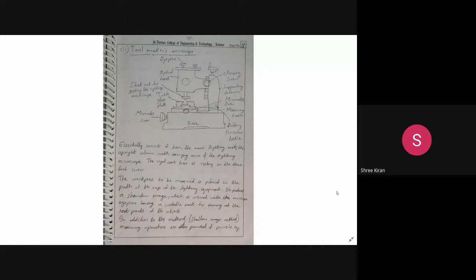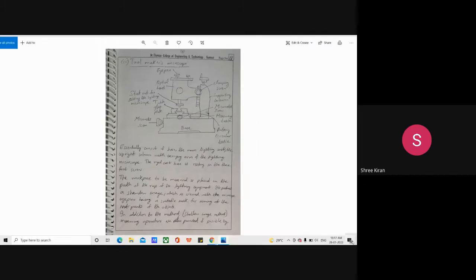I hope by seeing the figure you have got an idea of the basics. This is an eyepiece, the optical head. This is a normal microscope, where we measure and check everything. For that we use a normal tool maker's microscope, and it has the same applications where it is mainly used.